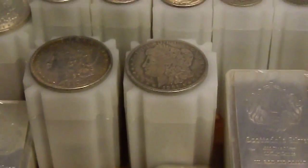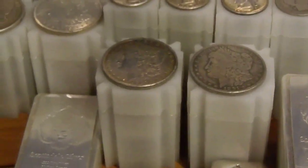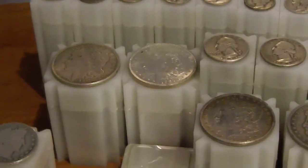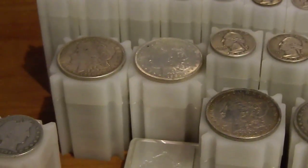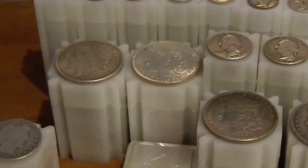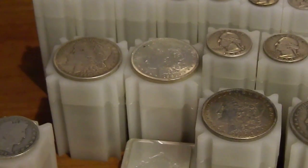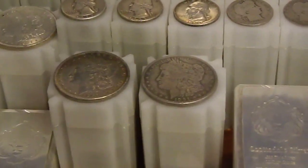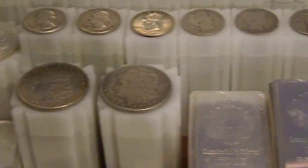I have 4 tubes of Morgans. Some of them are in good shape or relatively good shape, but none of them are key dates. And their value, especially when I was buying constitutional silver, we were closer to $20 an ounce. Their value back then was more than silver, but still a lot closer to silver, and there are no key dates. I was buying these on those auctions between $20 and $25, and